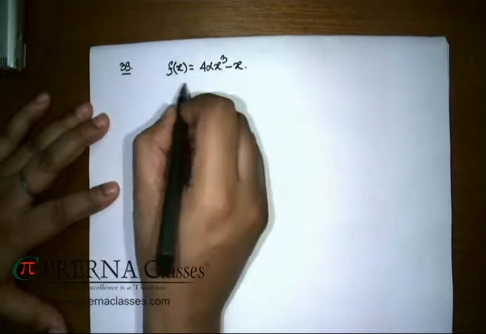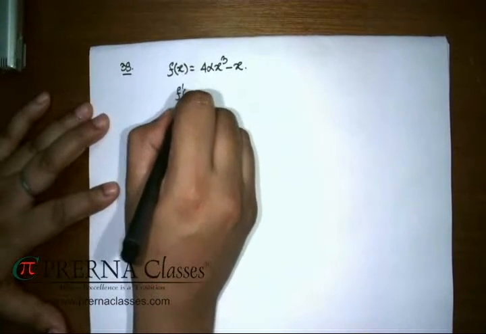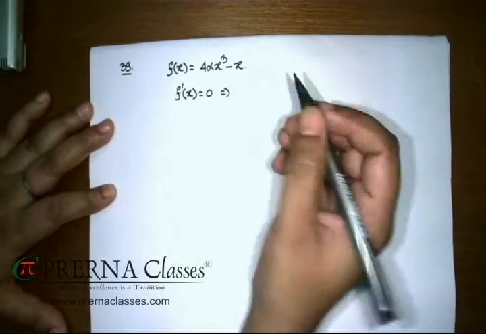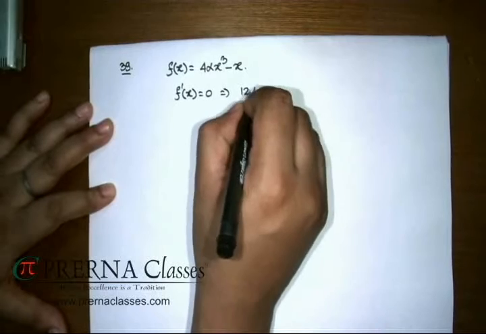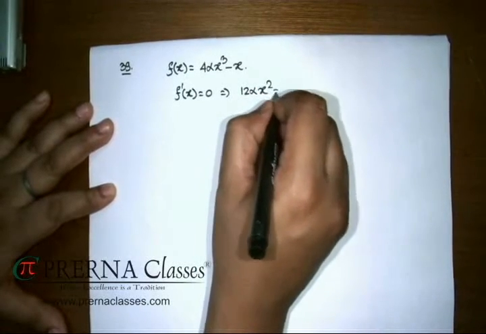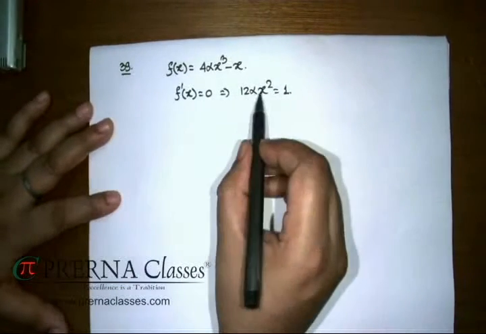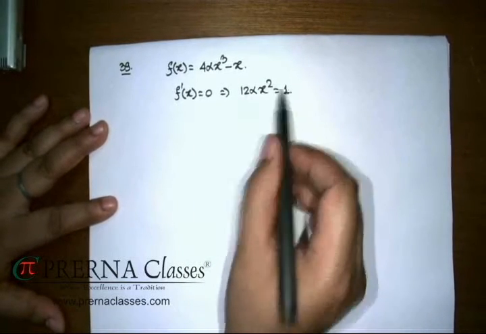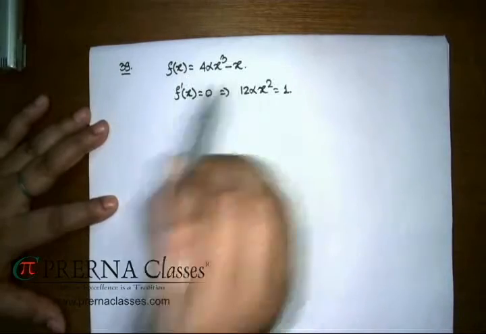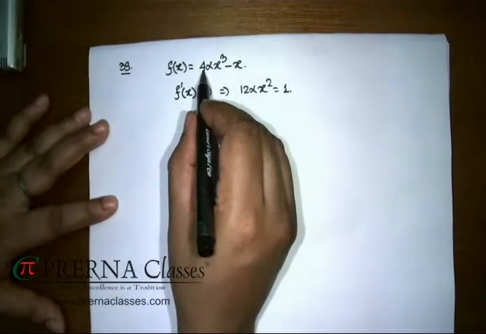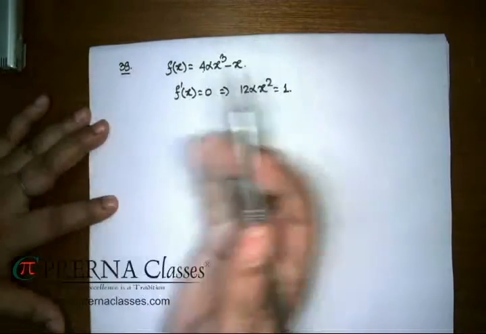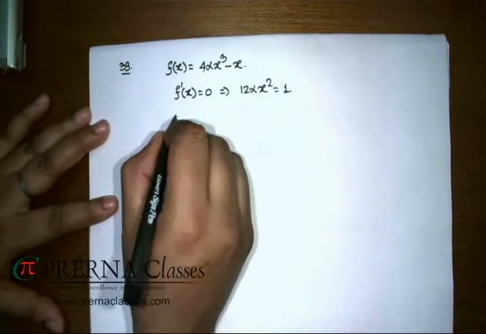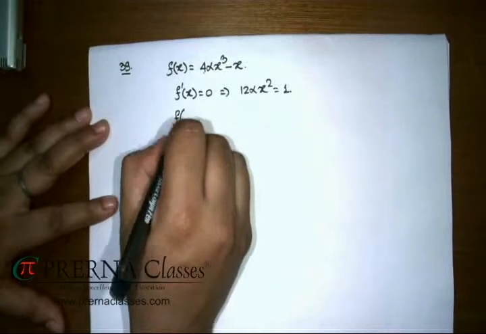Once I make f dash of x 0 for this function, clearly you can check that 12 alpha x square is equal to 1, and out of the two x's, the extremas, you can check one of them is at negative x. We have to ignore it, since this is a cubic with all positive values of alpha given in the options. I can take this assumption that this is what is going to be the minimum value.